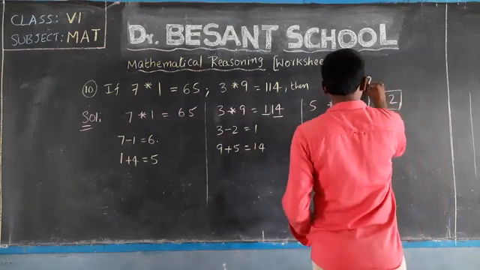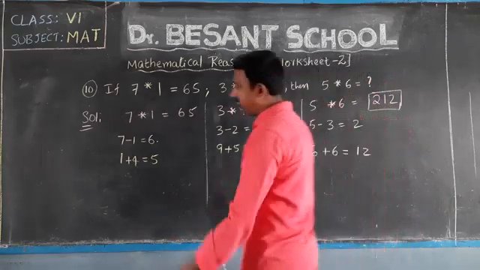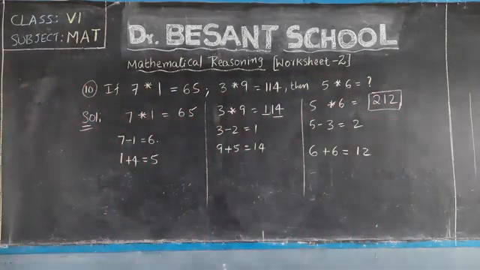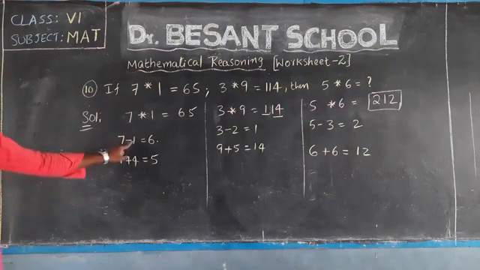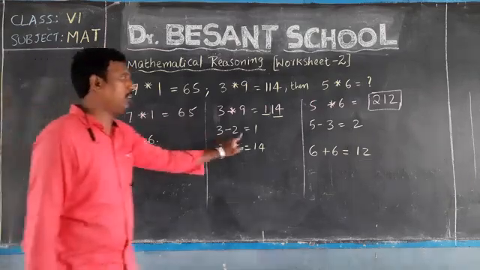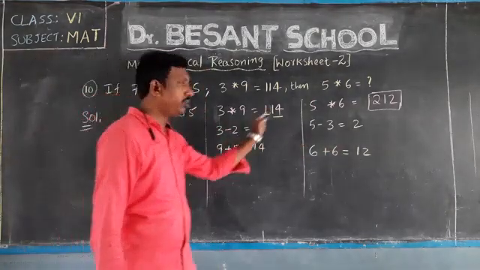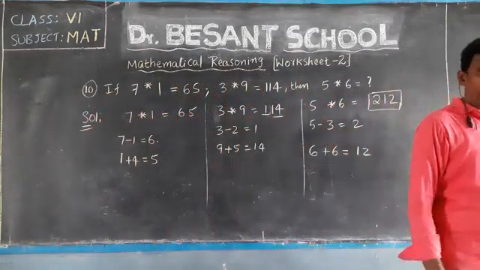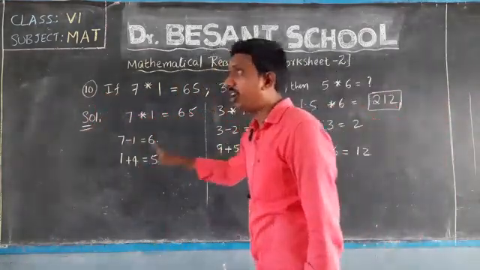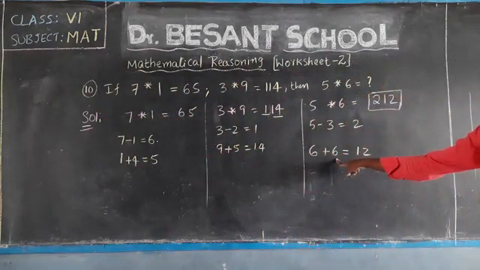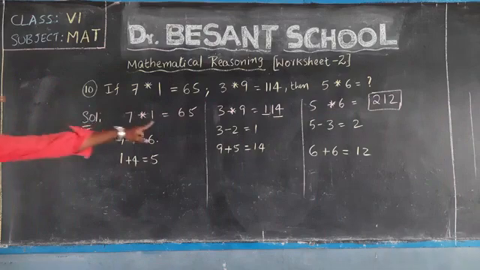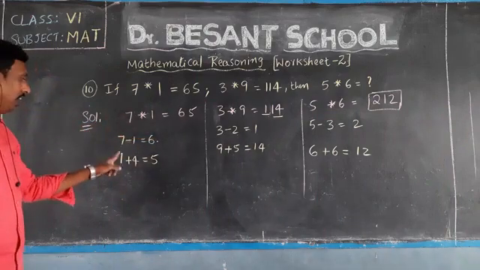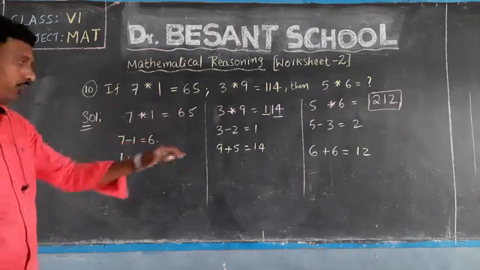Okay, my dear students, do you understand this? When compared to the previous problems, it's quite a different one. So mathematical reasoning problems will be in this manner. We have to understand. Here two operations are performed by consecutive numbers: 1, 2, 3, 4, 5 like that for subtraction, and for addition 4, next 5, next 6. You understand? So 7 star 1 equal to 65. How do we obtain 65 here? From 7 we have subtracted 1 and for 1 we have added 4.